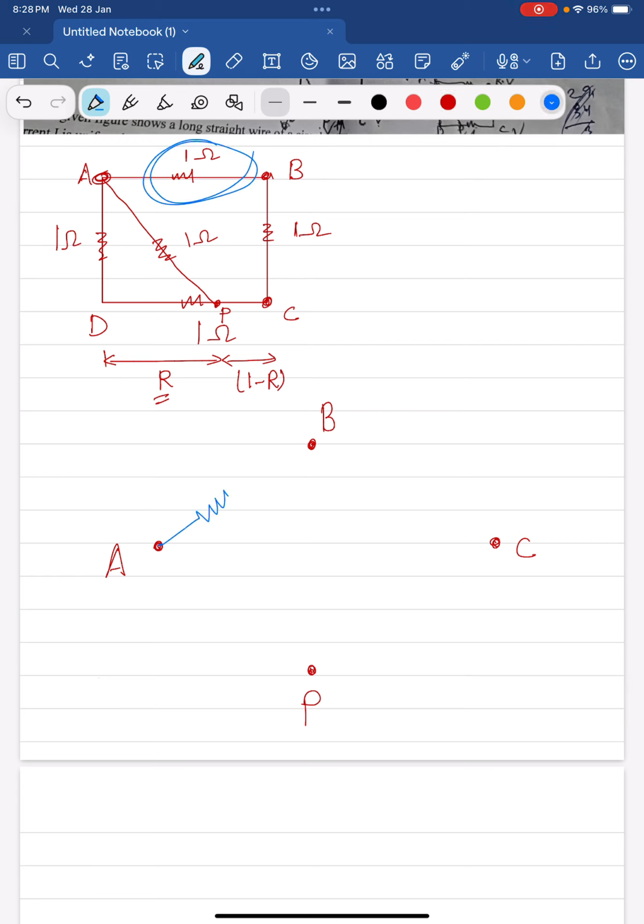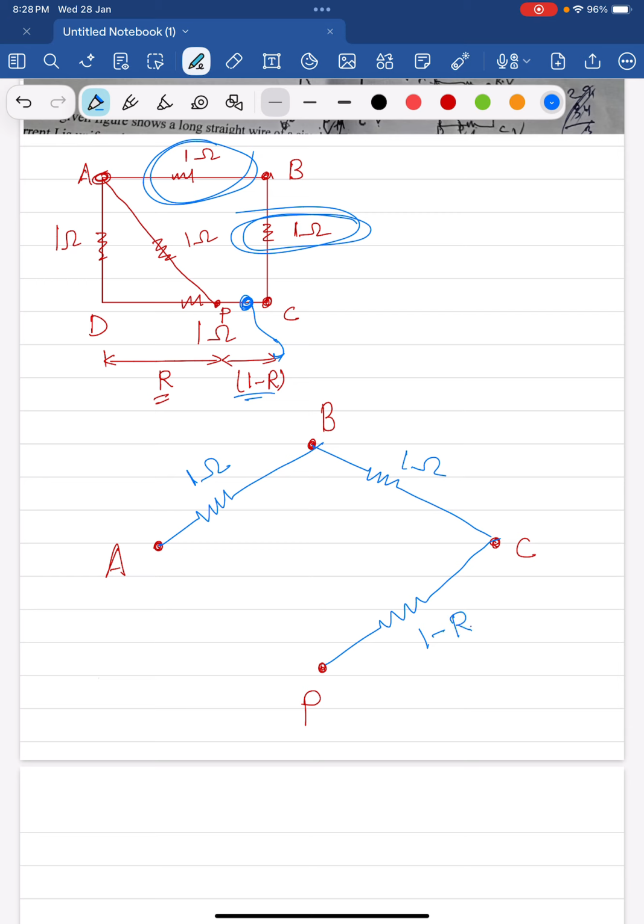Resistance between B and C is 1 ohm. Now the resistance between P and C is 1 minus R. And resistance between A and P will be equal to, resistance of DP is R,